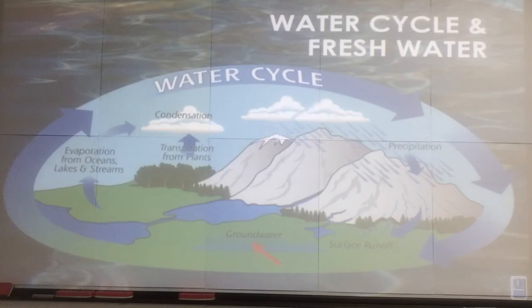Eventually, all water runs back to the ocean, and when it's going across the ground, when it's going through our rivers and streams and headed back to the ocean, it picks up what we call a load. We learned that in Chapter 2. And you have dissolved load and suspended load. That dissolved load includes salt, and that is taken back to the ocean. This is why our oceans are so salty. Plus, in the evaporation process, when the vapor goes up into the atmosphere, that salt stays behind in the ocean.